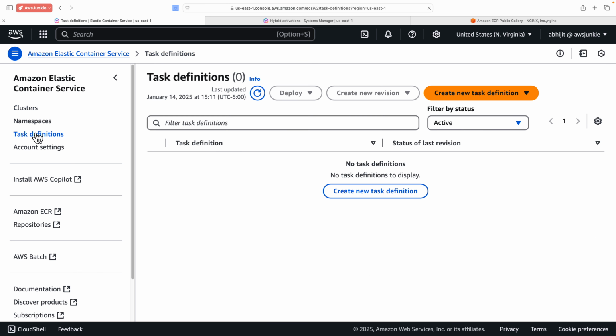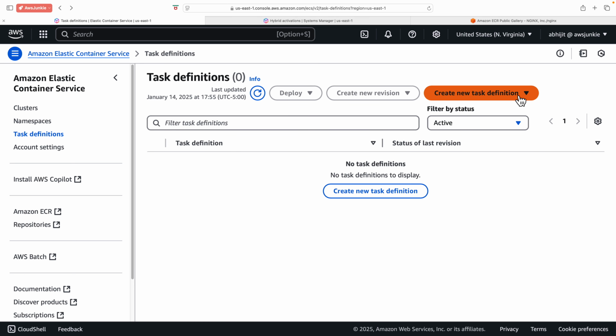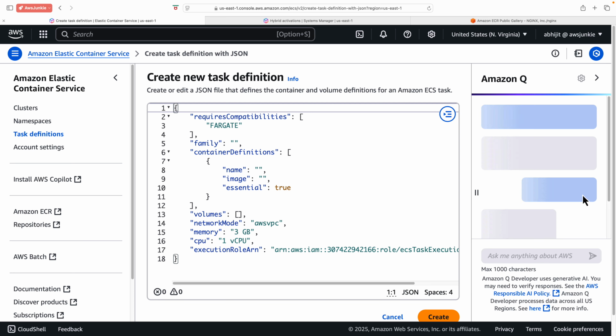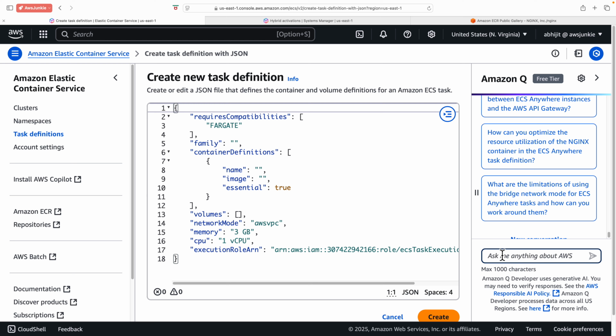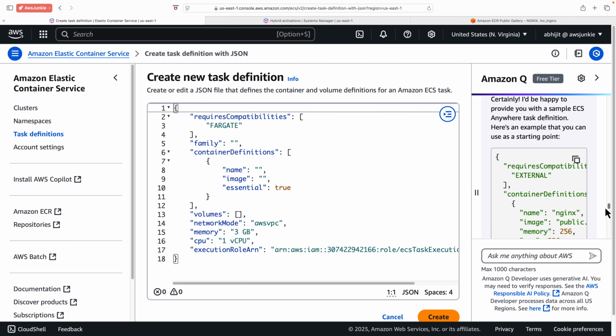So let's go to task definitions and create a new task definition. Here we can see launch type external is not supported through this console. So we have to go back and then click create new task definition with JSON. You can manually go through all the attributes and update this definition based on your requirements. But to expedite, I'm going to ask Amazon Q to generate one sample ECS Anywhere task definition. Once generated, let's copy this definition